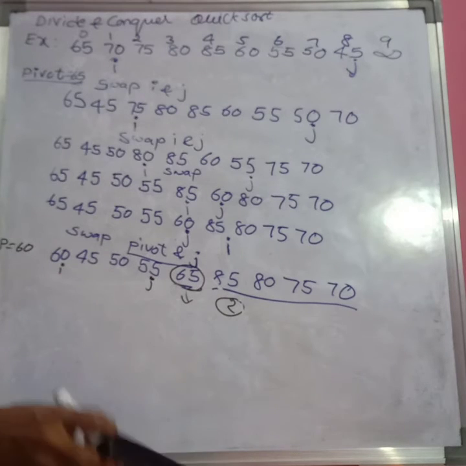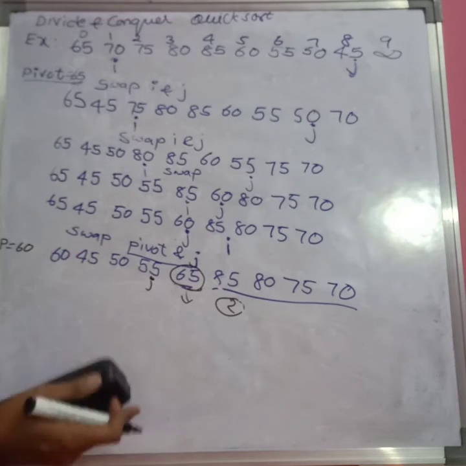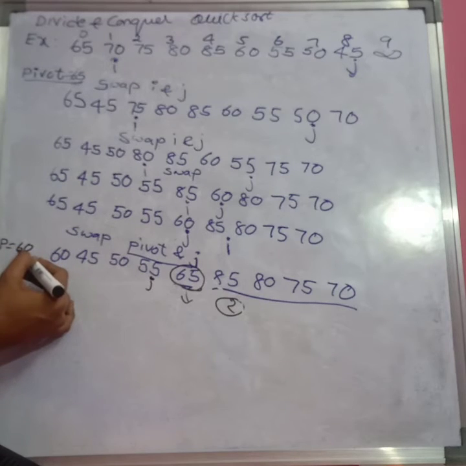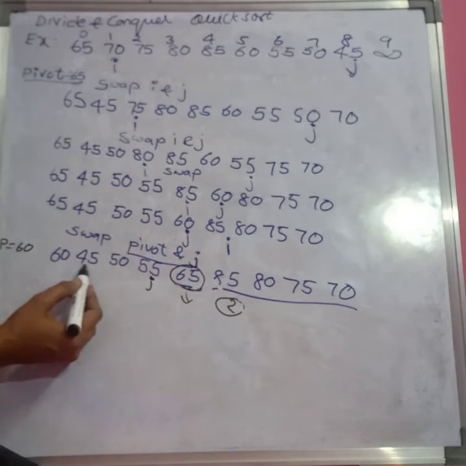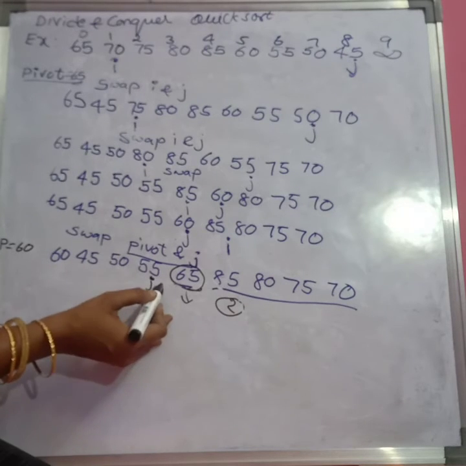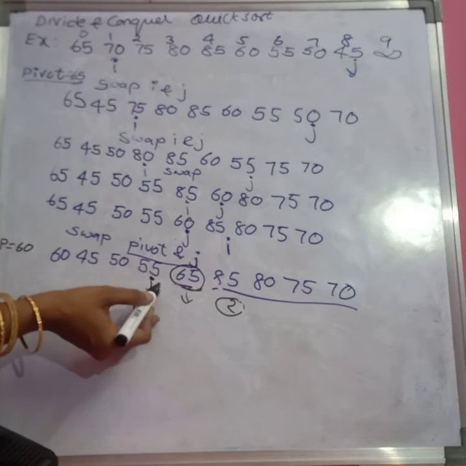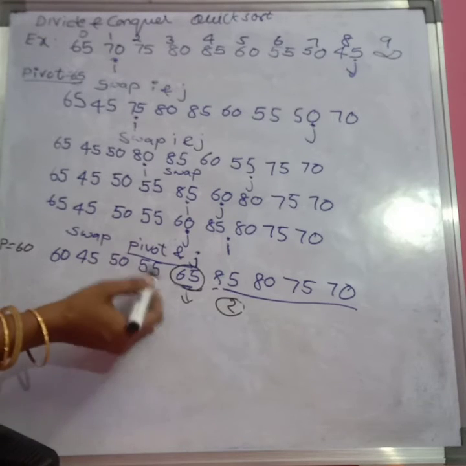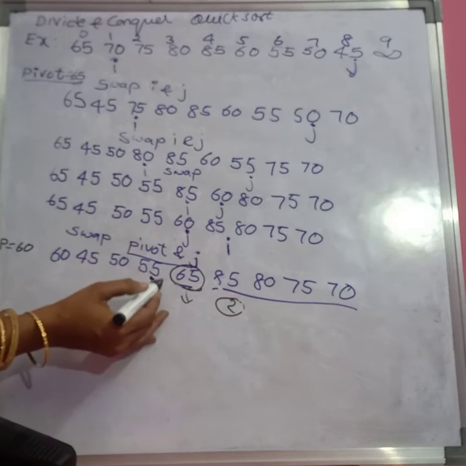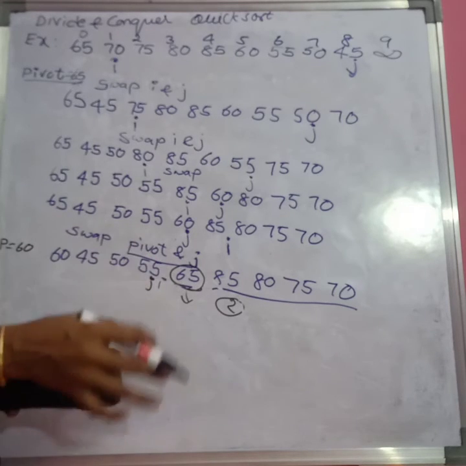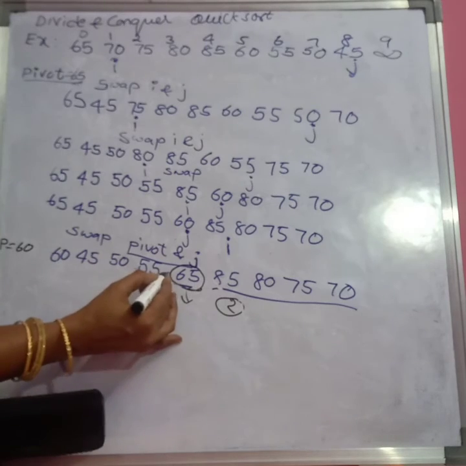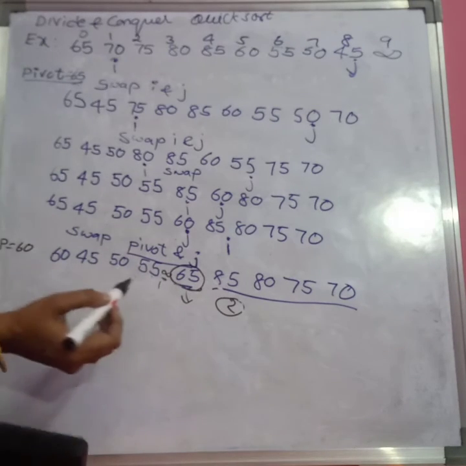I need to increment I until I get an element having a value greater than my pivot element. Here it is less, here it is also less, here it is also less. So there is no option to move the I value from this. After this also I am not having anything. So for example purposes, up to this point I tried, and I kept it like this only. Now start the J. There is no option for this. The maximum value I can consider is here only.